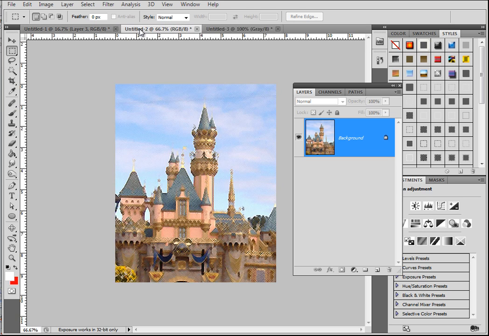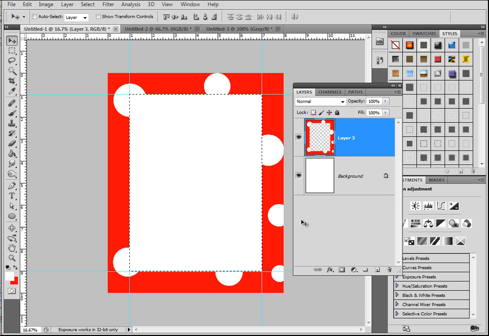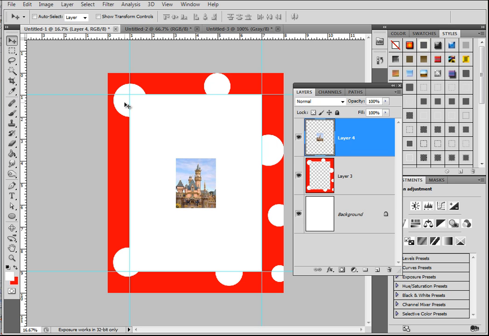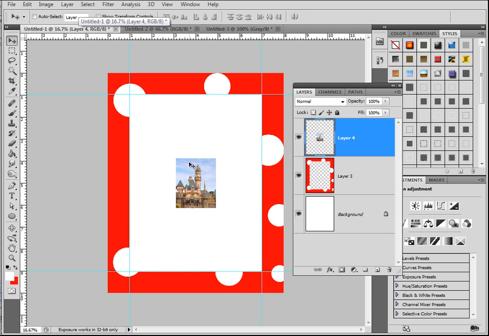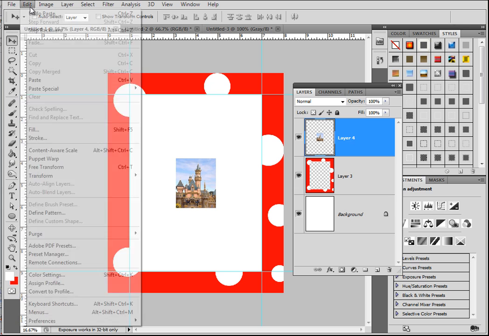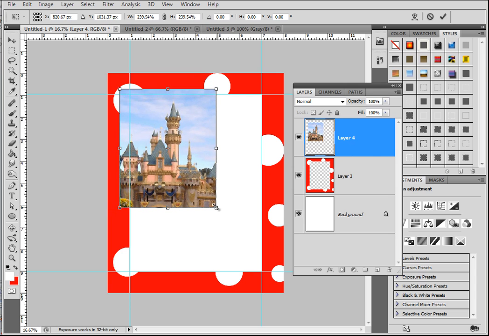So I am going to take this castle, and you could either Control A for select all and Control C to copy. You could then just come over here and Control V for paste, and you're going to get that castle here, which will enlarge to fit this area. I think we had measured the castle before. I didn't do that just now, I'm sorry, but we should have made sure that the castle size fit this area. Because I didn't do that, I'm just going to free transform it and make it fit into this space,